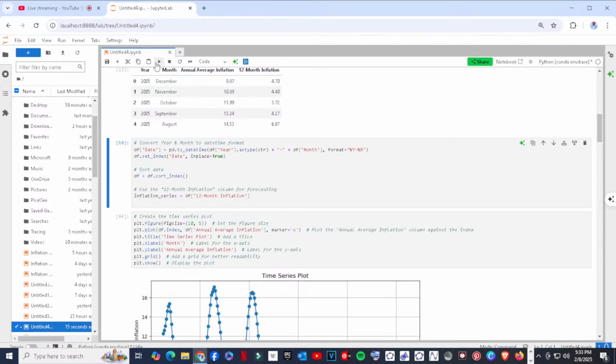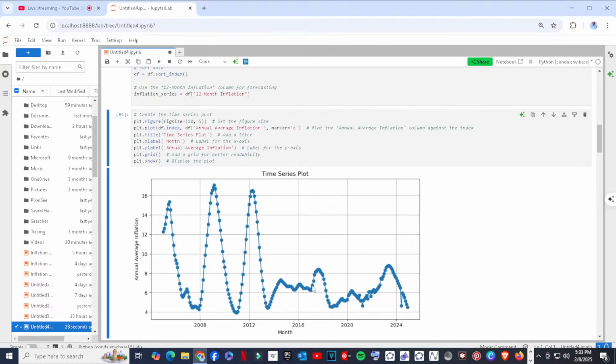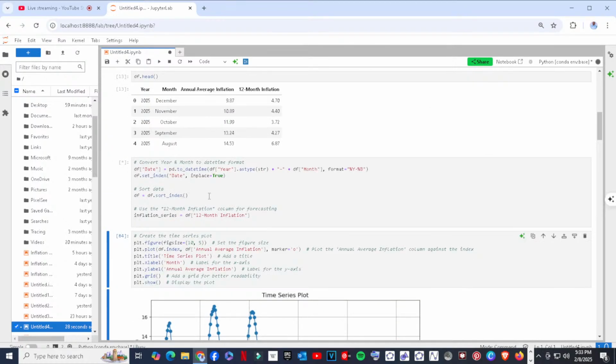Running this command will help me change the data into what I want. You can see it's running: convert year and month to datetime format. That's what will allow me to check what the inflation series looks like for a 12-month period.